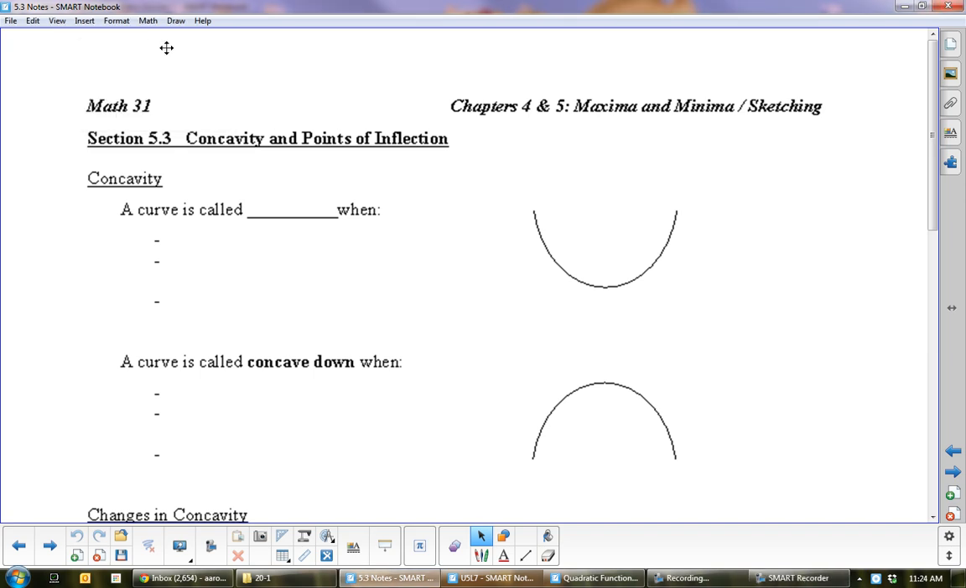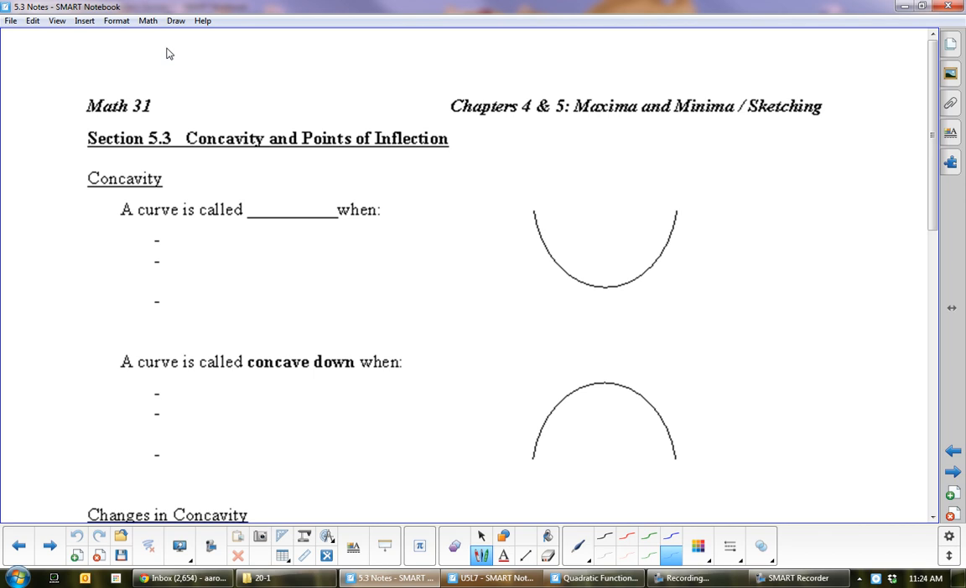Okay, so we're nearing the end of this unit, and kind of the last big thing is talking about the second derivative and concavity and points of inflection. Okay, so let's get the definitions and stuff out of the way. Now,